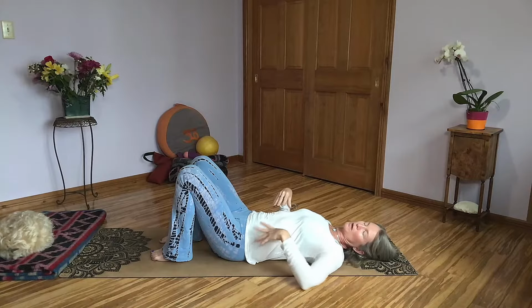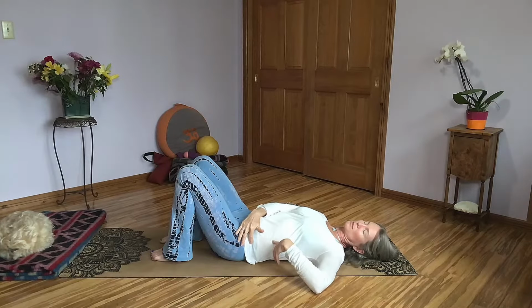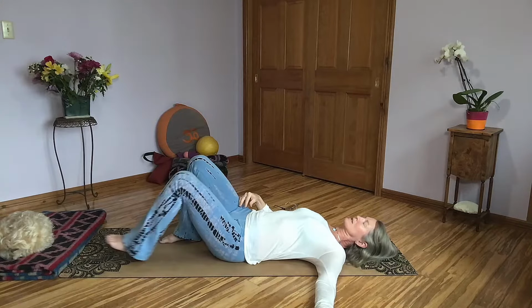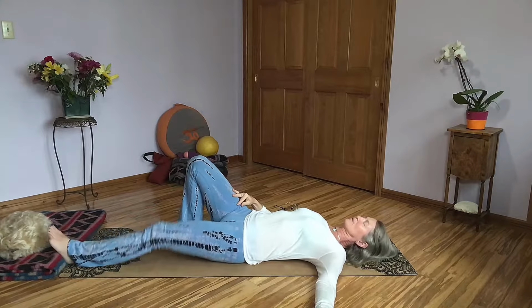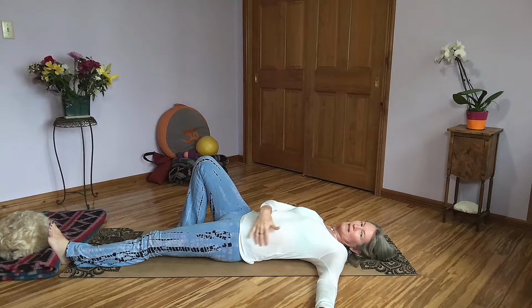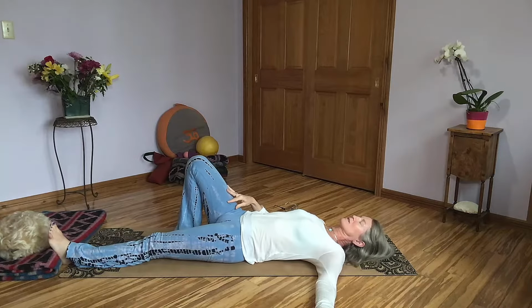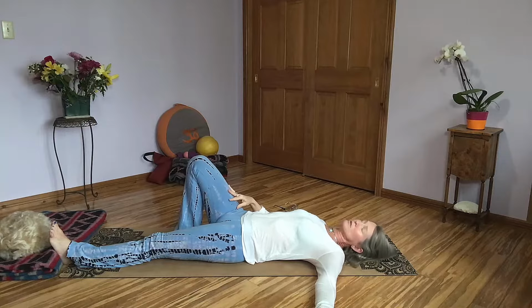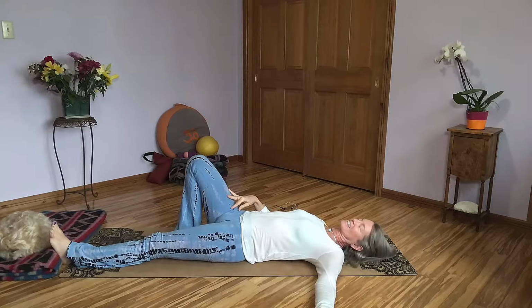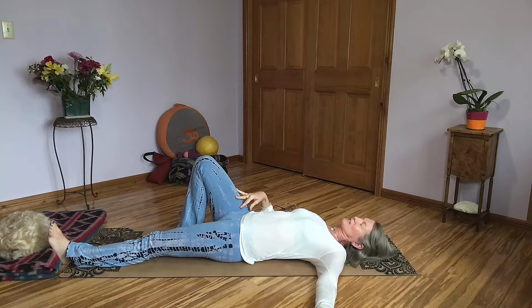So we're going to start with making the left side the long side. So think of the space from the top of your hip to your bottom of your rib cage. You can even touch those. And you notice, I'm going to have you take your leg long first. Take your left leg long. Push through your left leg and notice how you'll feel that lengthening through your side waist. And then just let go. If you want to do this to your breath, you might push on the inhalation and let go on the exhalation. So we're finding our movement, our potential movement, and then we're going to take this into